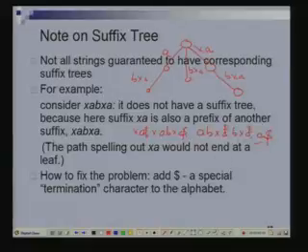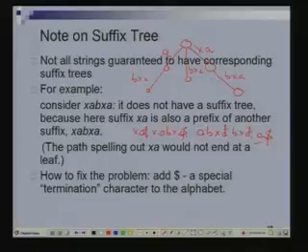स्पेशल कैरेक्टर, व्हाट इज स्पेशल अबाउट डॉलर? देयर इज नथिंग स्पेशल अबाउट डॉलर, इट जस्ट इज अ कैरेक्टर विच इज नॉट पार्ट ऑफ योर ओरिजिनल अल्फाबेट, दैट्स ऑल, ठीक है। तो अब इस डॉलर से क्या होगा, ये लेबल डॉलर करके ये एक लीफ बन जाएगा, ठीक है। एक्स ए से डॉलर, ऐसे ये बी एक्स ए से डॉलर यहाँ आ जाएगा, ये डॉलर करके एक अलग बन जाएगा। अब हर एक लीफ एक सफिक्स को करस्पॉन्ड करती है, ठीक है। तो थोड़ा सा नाइस हो गया आपका स्ट्रक्चर, बस और कुछ नहीं।